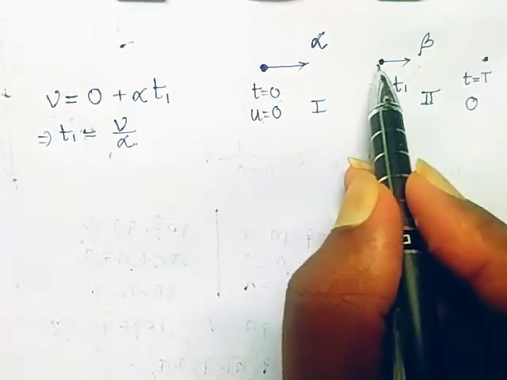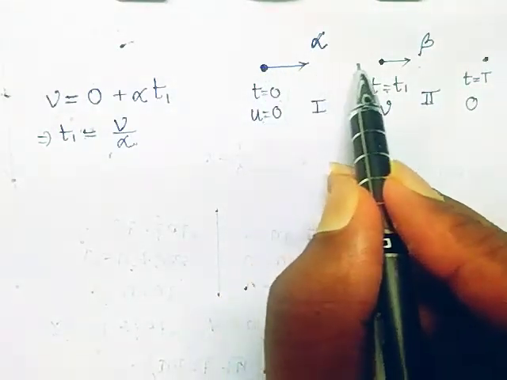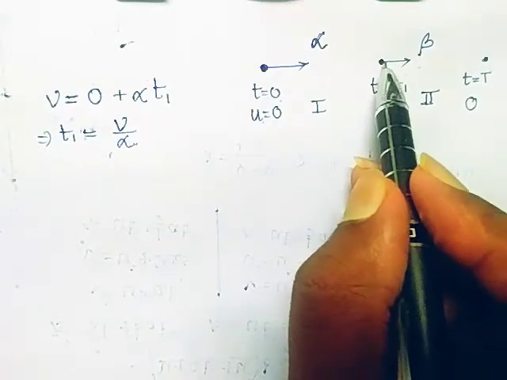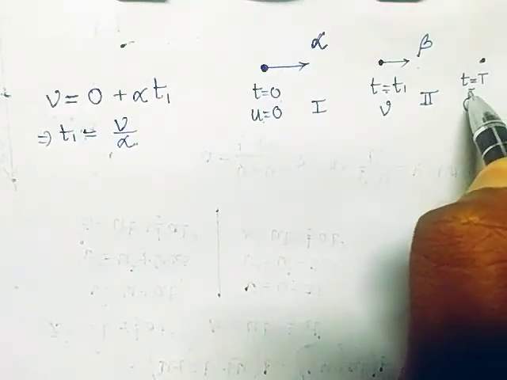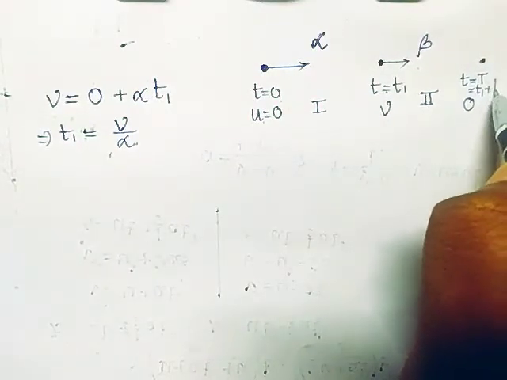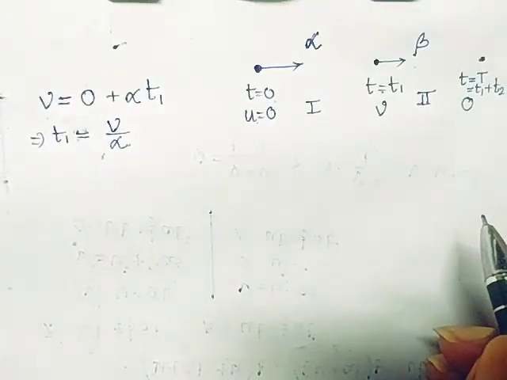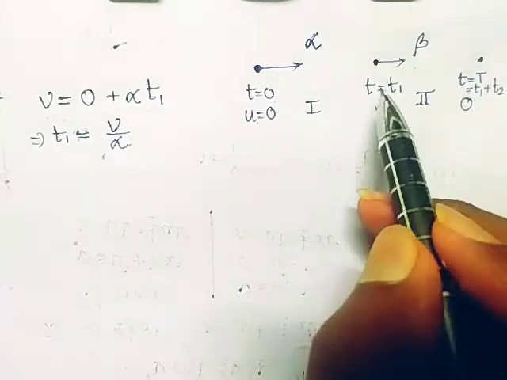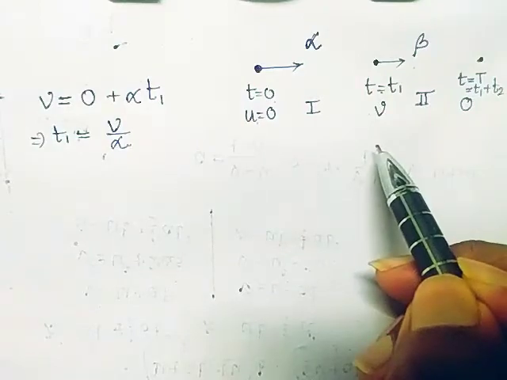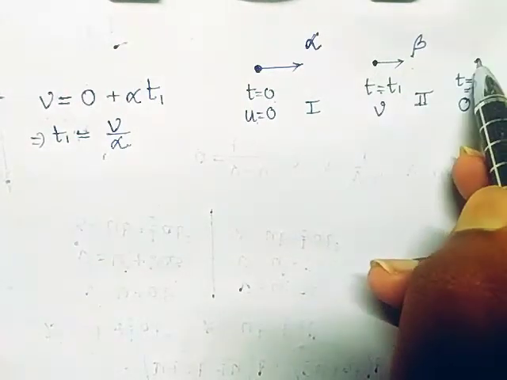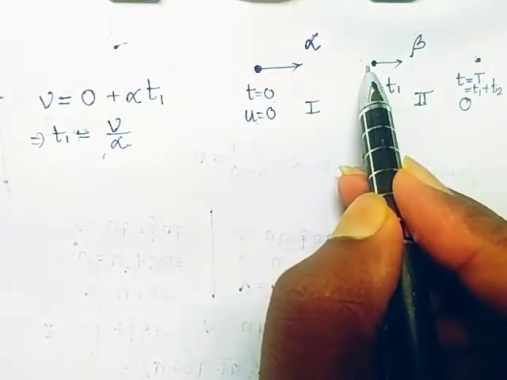Obviously here v is the maximum velocity along this trajectory, because after acting the acceleration on it, it reaches the maximum velocity, then again returns and becomes 0. So I can consider capital T equal to T1 plus T2. It is my consideration, and if I consider this, then what is T2? T2 is the time taken by the particle to execute the next scenario. Starting from here, moves to here, time taken T2, and from here to here, time taken T1.